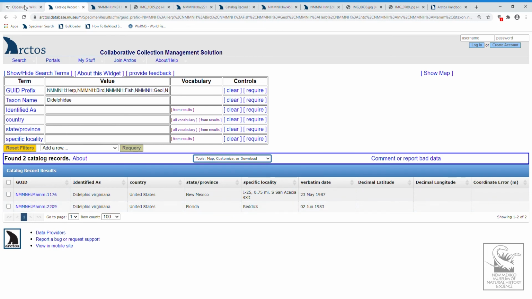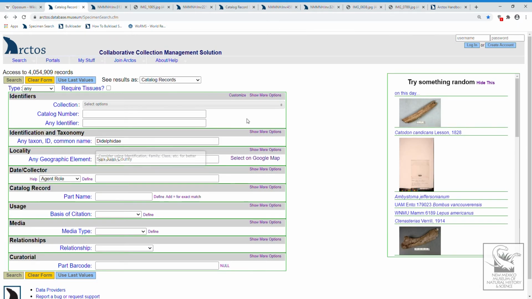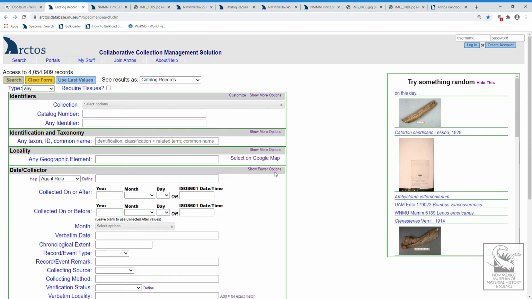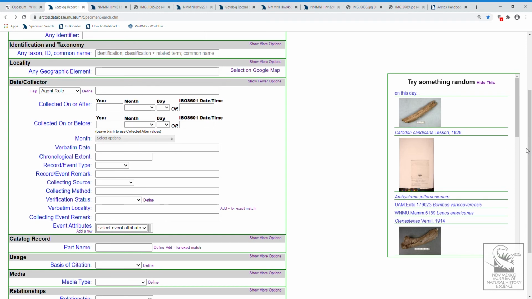So now let's look and see if we can find anything by date. So let's just clear these guys up. And go to the date/collector field and hit show more options. So let's say we're just interested in what the museum has collected in the last 10 years. So we'll go to this collected on or after window and put in